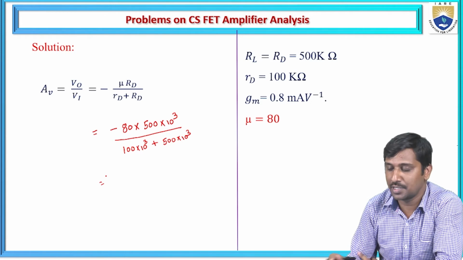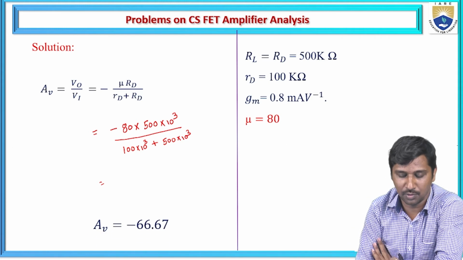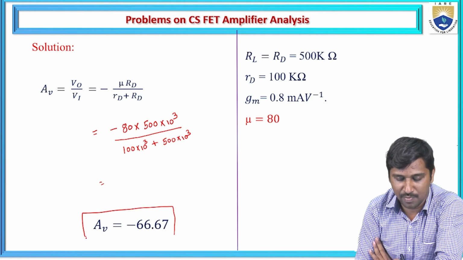Solving this ratio gives the voltage gain as minus